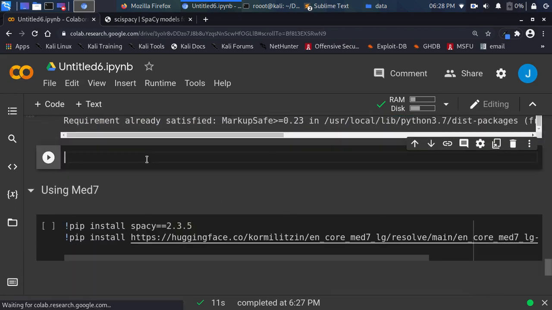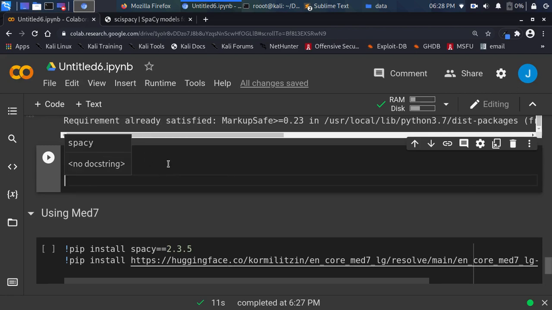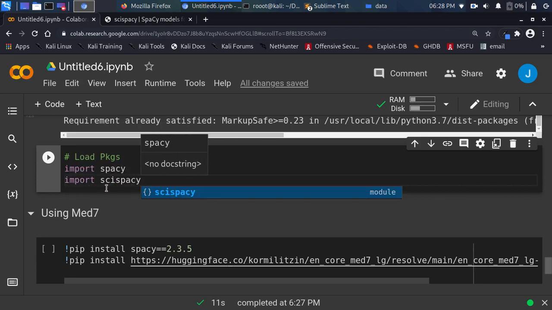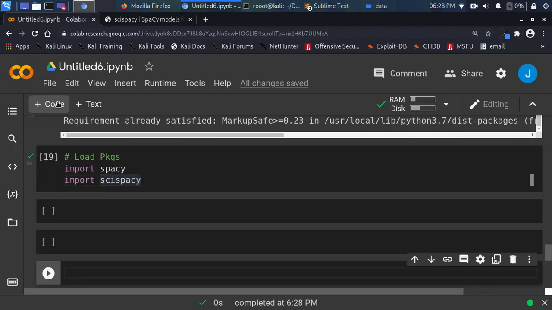So first of all, let's import the packages. We'll be loading the packages. We'll be importing spaCy, and then also importing SciSpacy. Right, these are the two that have been imported. So let me import these two. Perfect. And now let's create our NLP object and then see how to do clinical NLP, or clinical named entity